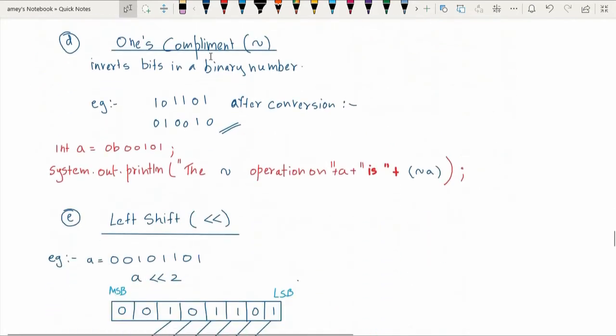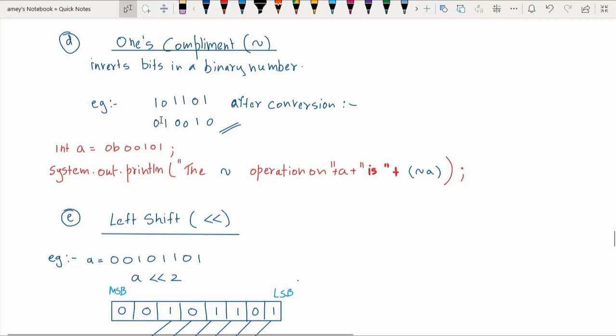Then we have ones complement. It basically inverts the bits in a binary number. So for example, if the number is 101101, after the ones complement, this 1 will be converted to 0, this 0 will be converted to 1, this 1 to 0, 1 to 0, 0 to 1, 1 to 0.